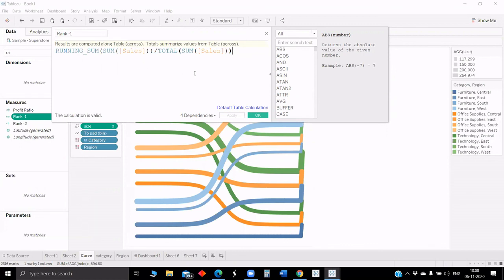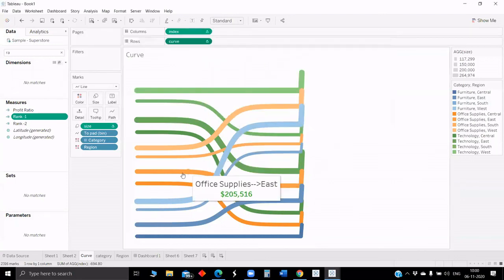So on either side, you're just doing a running sum. So you called it rank 1, but the outcome is not a rank, right? It is a running sum. Yeah. Running sum divided by total sum will just give us the percentage. So it will give you the percentage. Got it. So that's why it's distributing across. Okay, understood. Okay. All right.